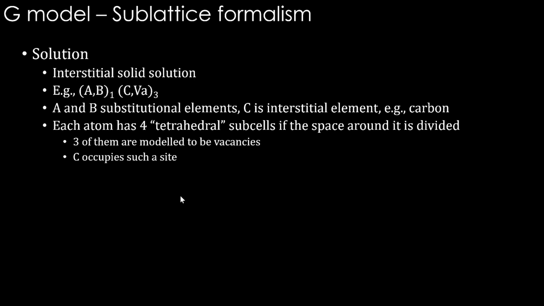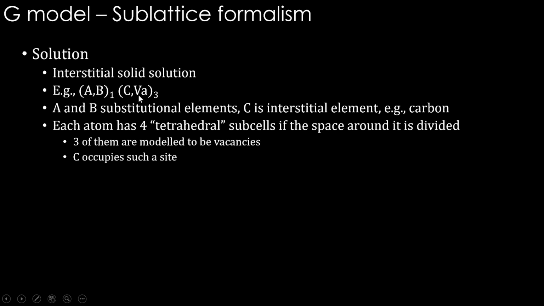Now, we already told that the sublattice formalism can be used not only to model compounds and the compound with some homogeneity range. It can also be applied to solutions. Now we will see different solutions. First we will start with interstitial solid solution, where we have this kind of sublattice. This is basically A and B, two large sized atoms, let's say iron, nickel kind of things, and in that carbon is dissolving in the interstitial sites.